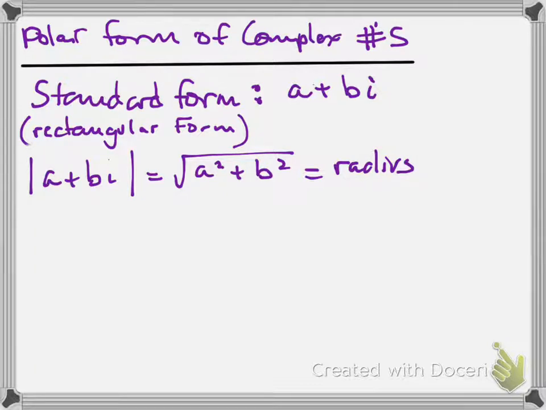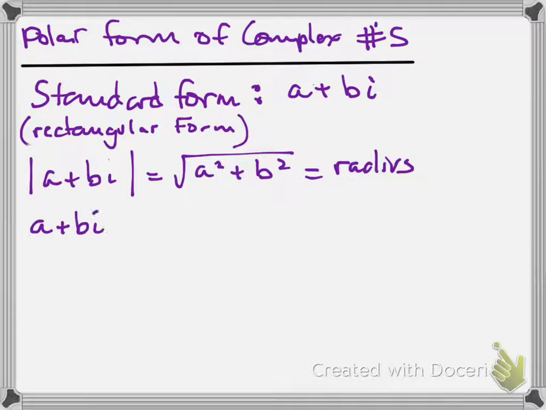Okay, so the radius is the absolute value. It's also equal to the norm, the magnitude, the modulus of the number. I think that's about it. But there's a lot of different names for the same thing. So standard form and rectangular form are synonymous. Okay? Polar form of a complex number